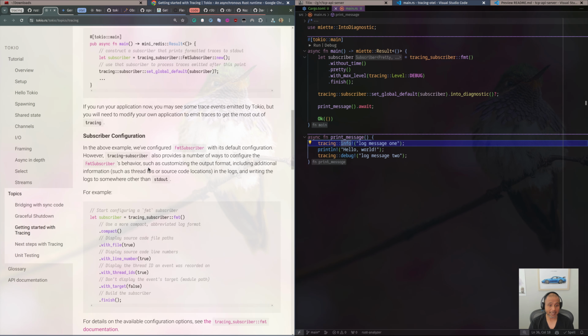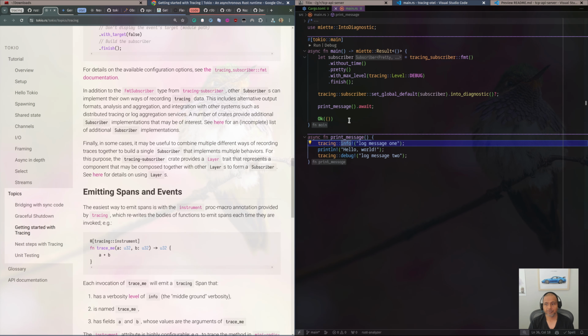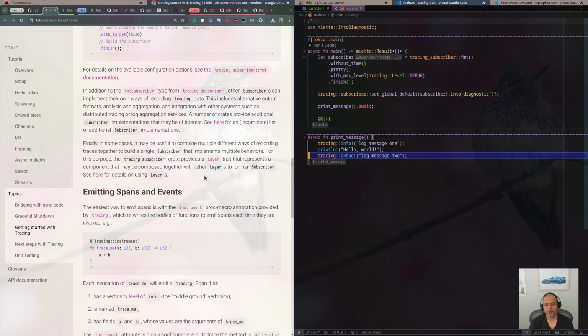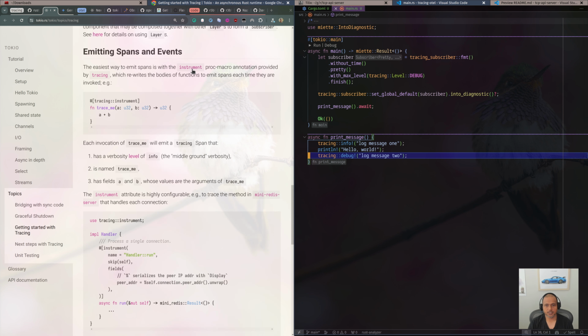And so in order to enable that, we have to not just generate logs. These are those singular events in time, as you saw when we ran it, but it doesn't really tell you the story of what was happening before or after or in the middle. So in order to do that, we have to instrument our code. And the easiest way to do that is we can annotate our function with this attribute macro. And what this does is that under the hood, it actually generates,